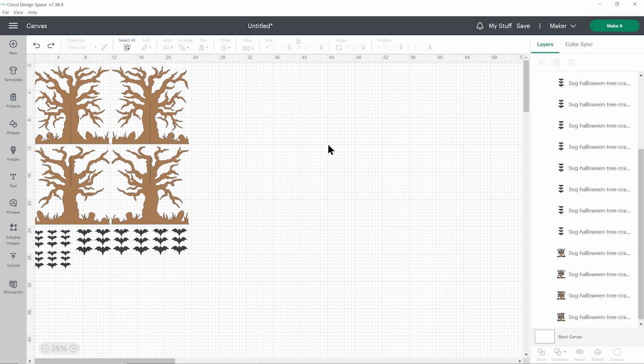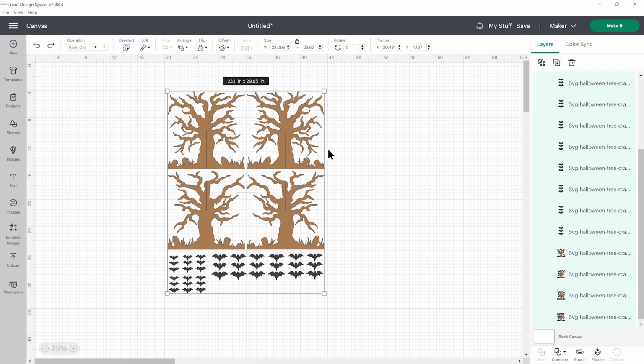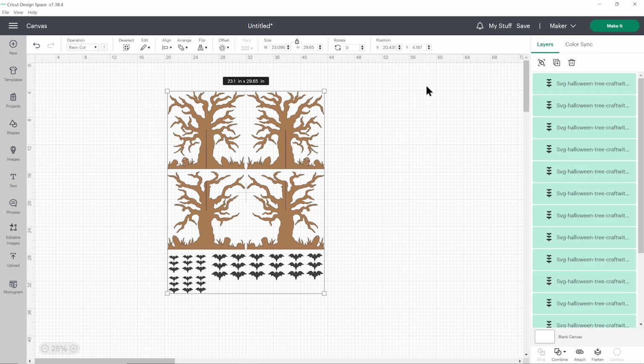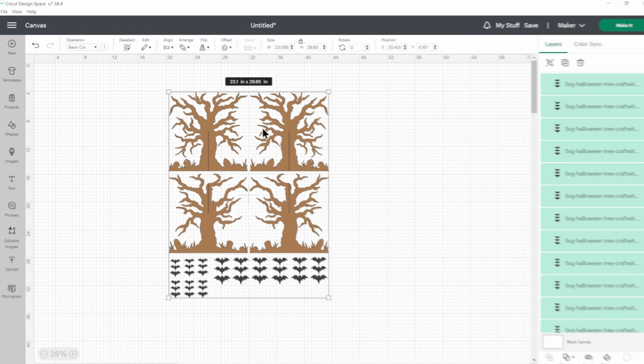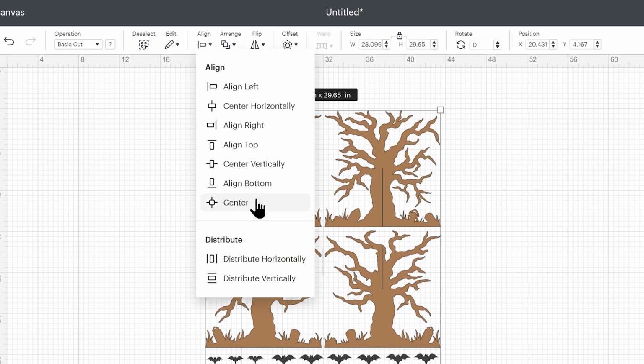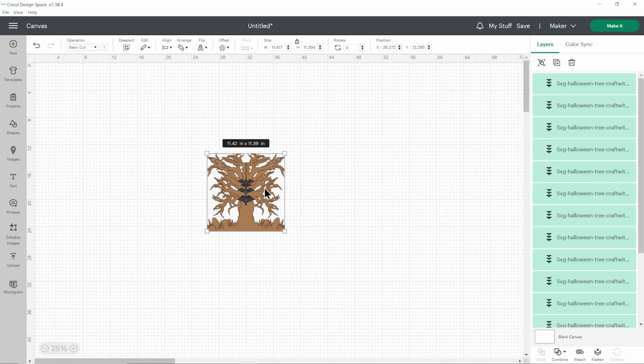If you do want to make it smaller, here's the best way to do that. Click on the design and then ungroup the layers by pressing the Ungroup button at the top of the Layers panel. We've still got everything selected, and go to Align and then Center. And that's going to put everything exactly on top of the other. So now you know that all those trees are perfectly aligned.